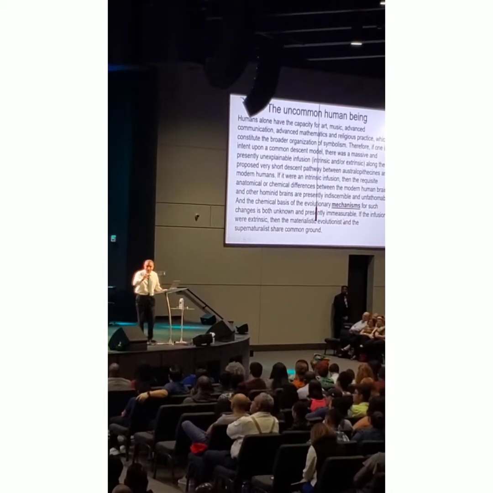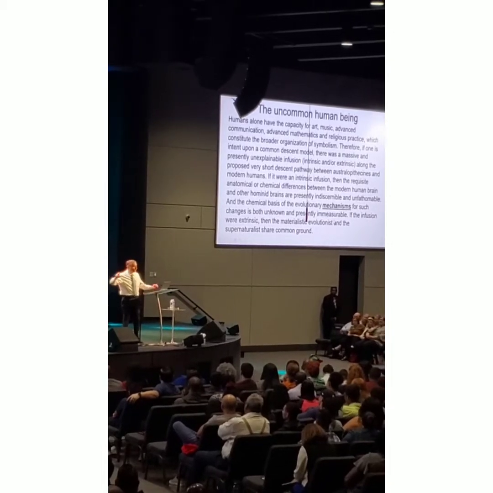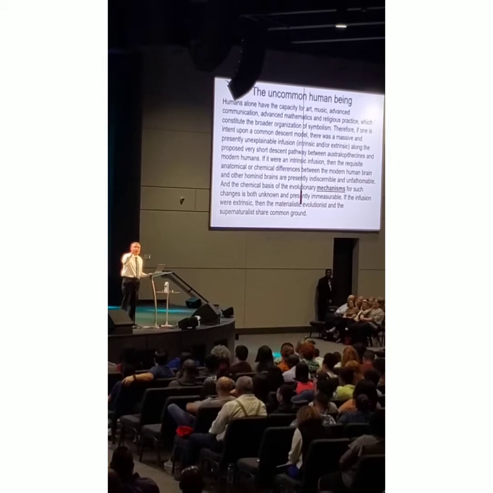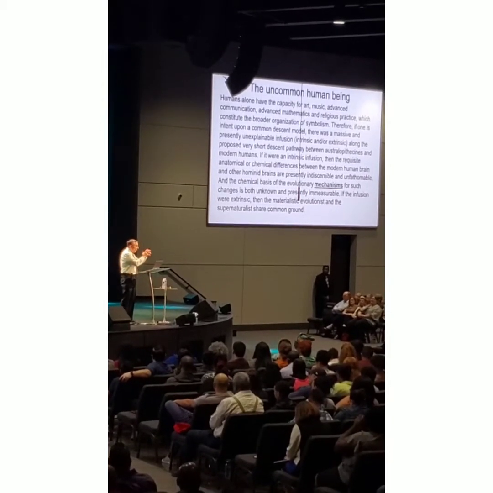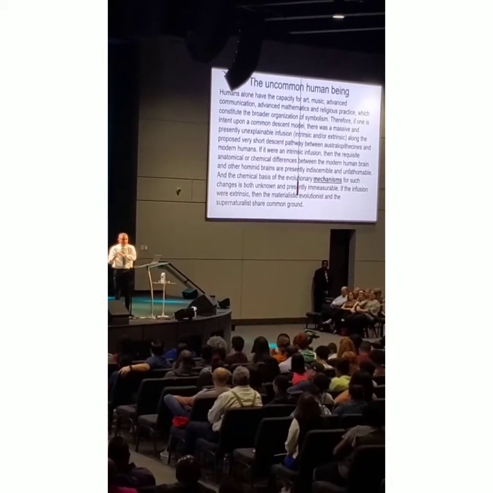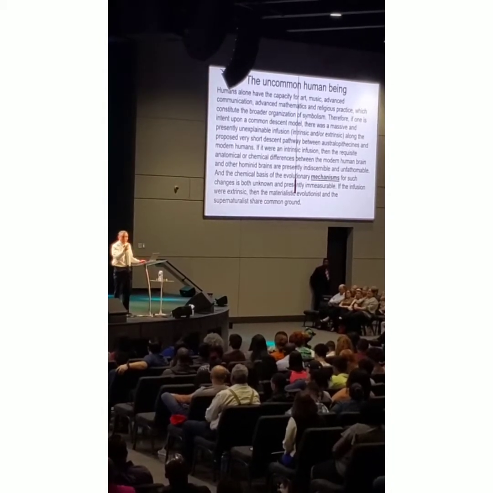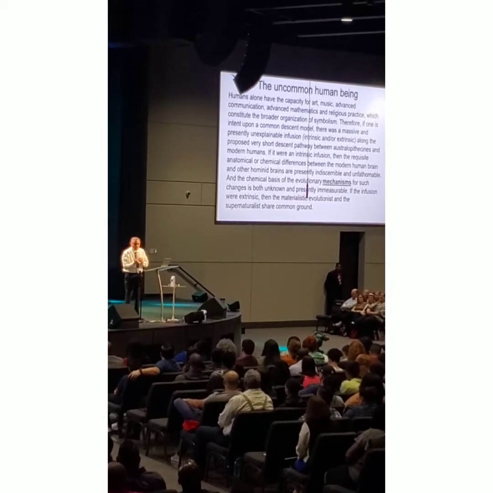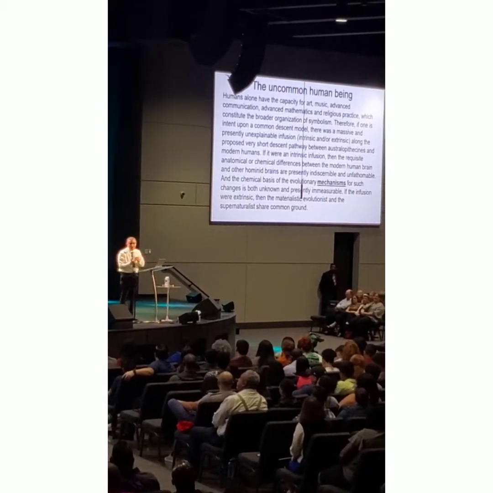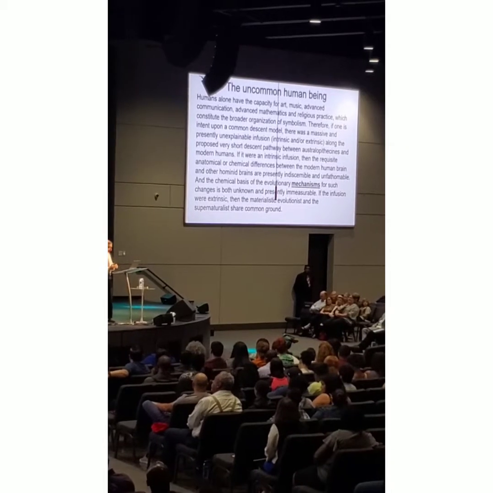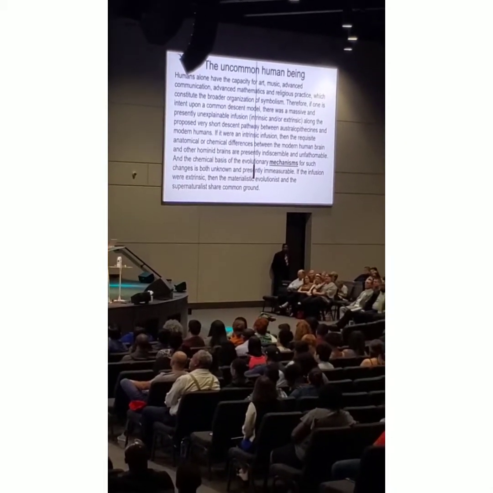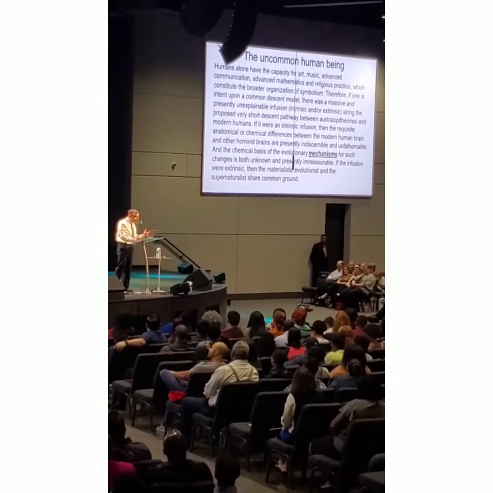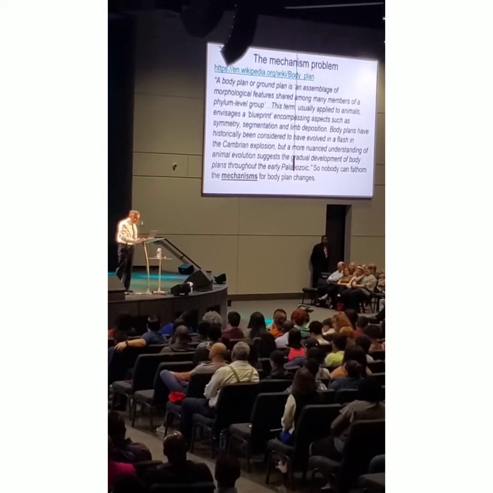Remember what evolution is about? Universal common descent, which we just showed is showing a lot of uncommonness, and mechanism. Nobody knows the mechanism. Mechanism means showing the chemical transformation that occurred to have that difference. Nobody knows. So on both counts, you're clueless. You're clueless on this universal common descent. There's a lot of uncommonness. And on the other count, the mechanism just isn't there. If the infusion were extrinsic, meaning coming from the outside, then the materialist evolutionist and the supernaturalist share common ground.